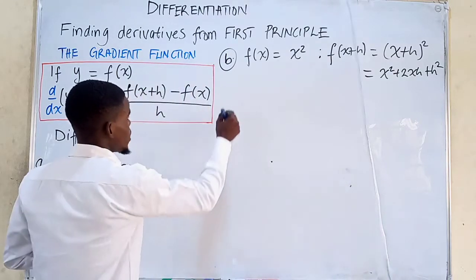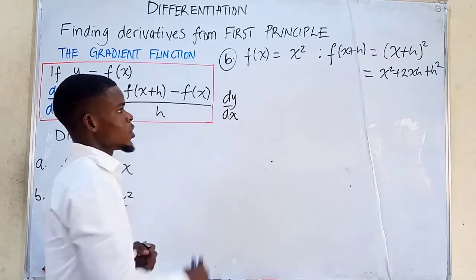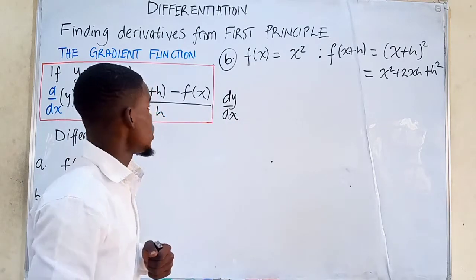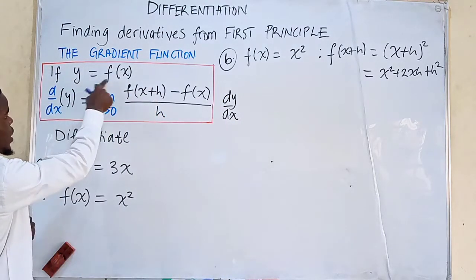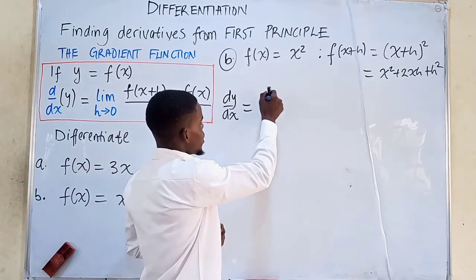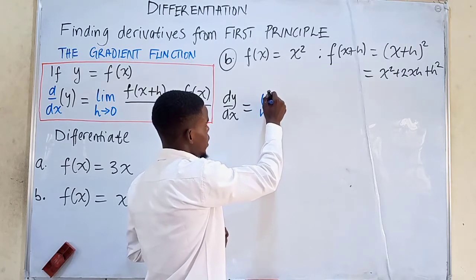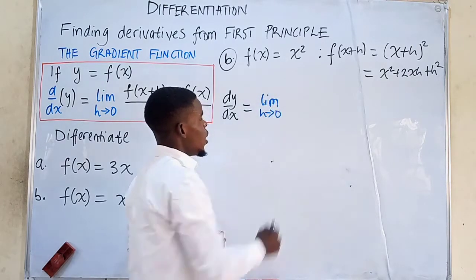Remember we say, let y be f of x. So dy/dx will now become the limit as h approaches 0 of